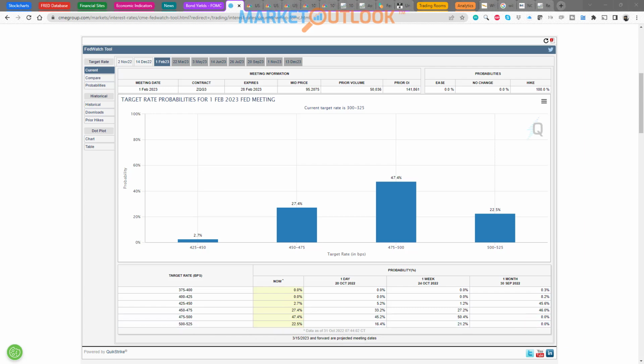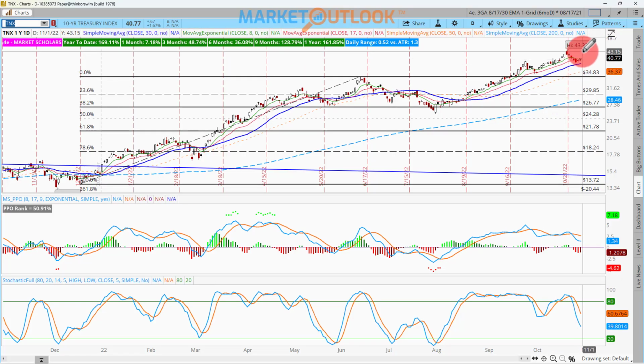So which means the 10-year yield's got to get up to 5%. I mean, that's where it ultimately will get to by the time the Fed's done raising rates. And either that, or we'll have a 100 basis point inverted yield curve on at least a 2-year, if not the 3-month too, which would be, it's rare for the 3-month 10-year to be inverted at all, just a little bit, but for it to be 25, 50, 100 basis points inverted, if the 10-year doesn't go up to 5%,